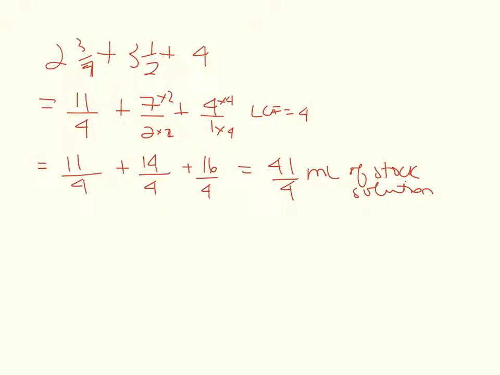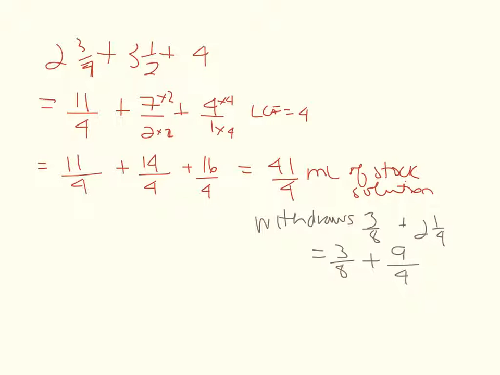Now, what the question is saying to us, though, is that the pharmacist withdraws 3/8 plus 2 1/4. So again what I'm going to do is find out the total amount, in fraction form, of what has been withdrawn here. The 3/8 will remain the same, but I have to make the 2 1/4 an improper fraction, so 4 times 2 gives us 8 plus 1 is 9,